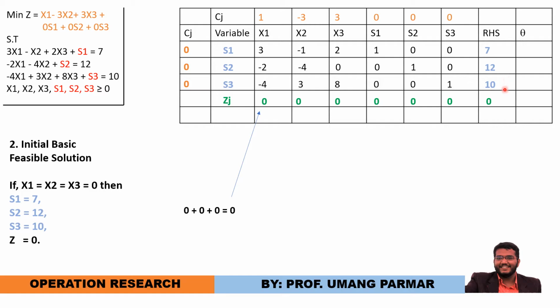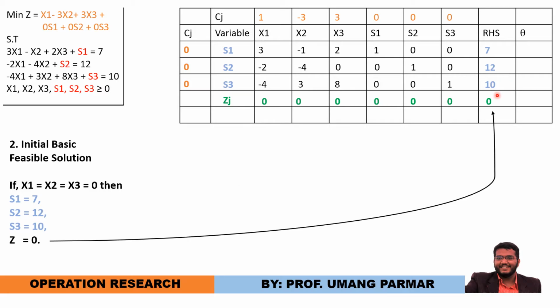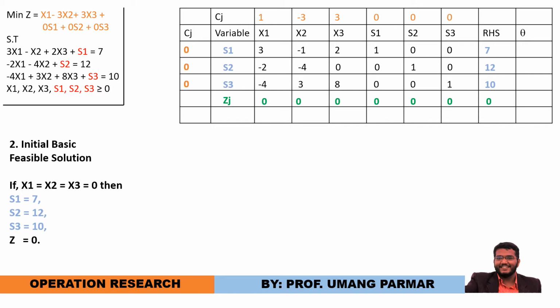For RHS also we are going to find out the value of Zj, and that gives me the value of my function. So this Z equal to 0 value is reflected here in the column of RHS. Whenever in future we get some other values in this box, it shows the value of your objective function, and these three values are just a representation of the variables s1, s2 and s3. So this is how we are converting our initial basic feasible solution into the standard simplex table.